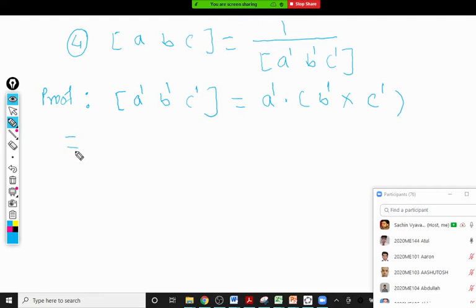Sir, can we not expand both the brackets in the first step, multiplying the brackets? Sir, for the first bracket ABC, we can use A dot B cross C, and for the